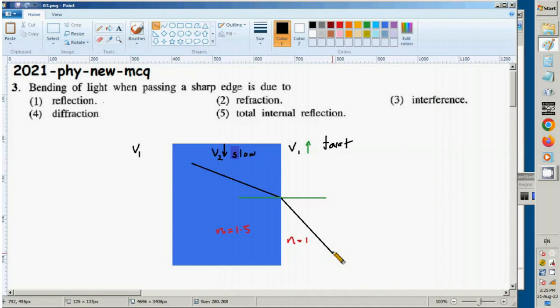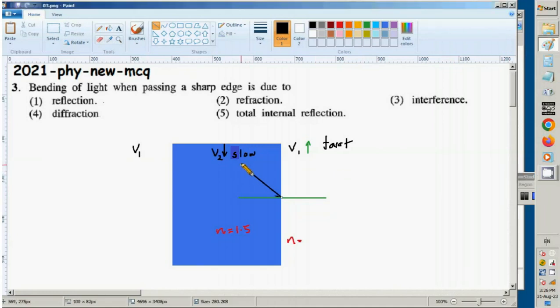That you know, away from the normal, because from a denser medium to a rare medium, when this ray travels, this happens. So if we increase this angle,